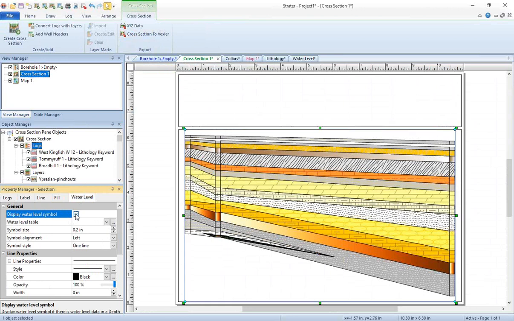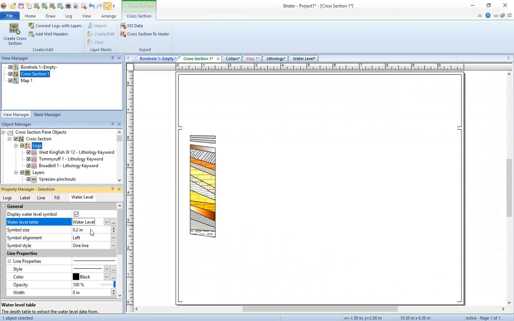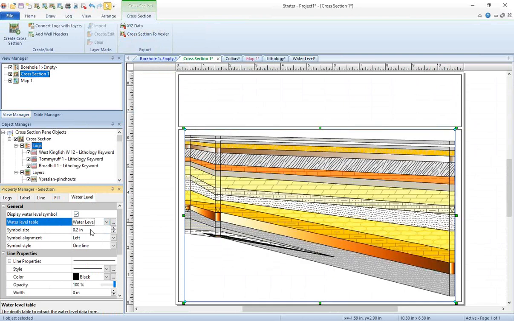Okay, nothing's showing up yet, right? You don't see a water level anywhere. That's because I haven't actually defined or told Strater what table to use. That's the only depth table I have in the project. So that's the only one that's listed in the drop-down menu. And you can see that we've added a symbol with a little line where that